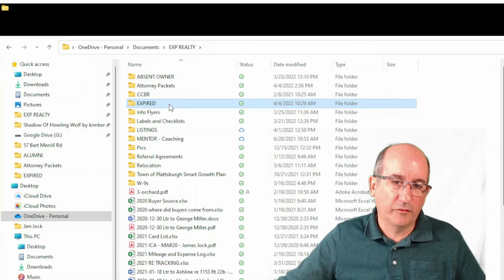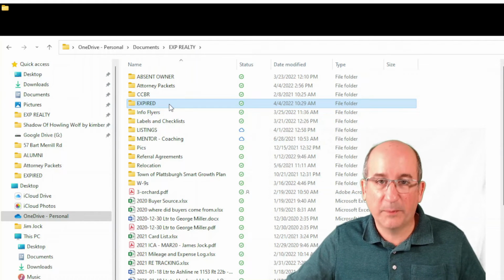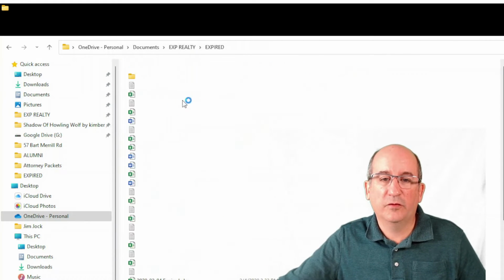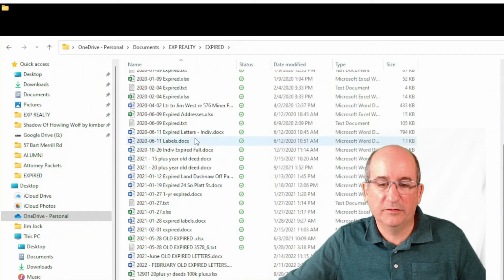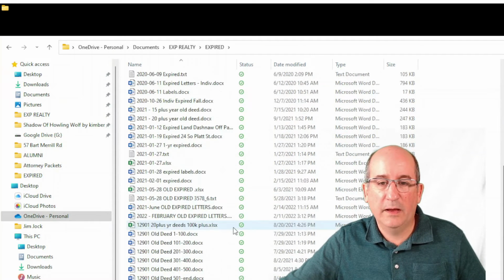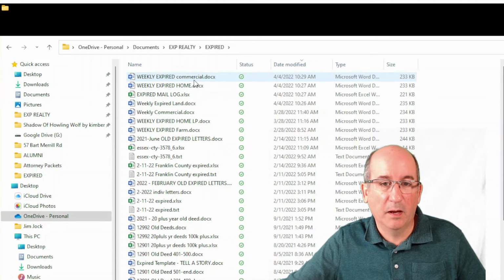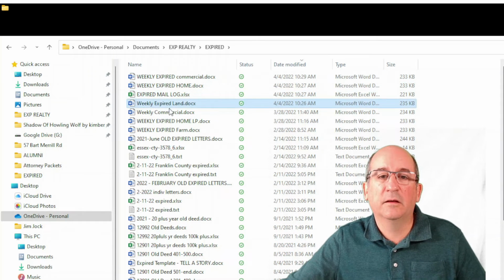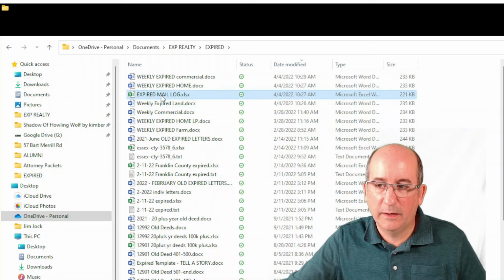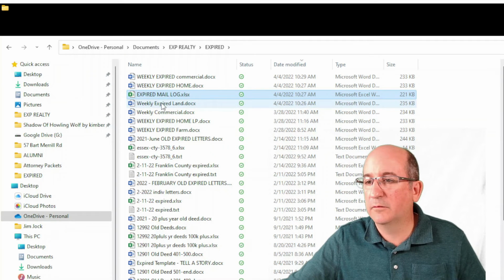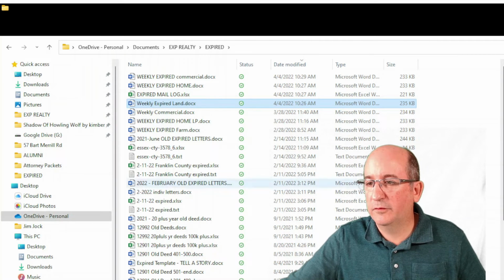Expired, this is another folder you could put under prospecting. I hit expired listings pretty heavy, so I have a lot in here. I prospect them every Monday morning. So you'll see weekly expired commercial, home, and land. And then I have a mail log where I keep track of them as well, right? So there's an example